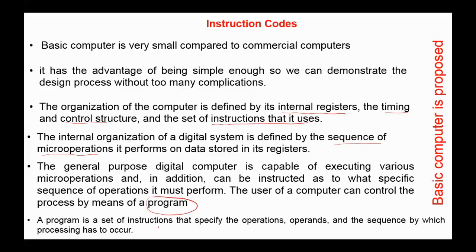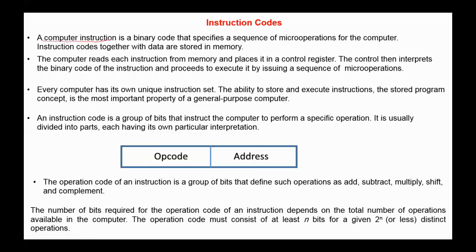A program is a set of instructions that specify the operations, operands, and the sequence by which processing has to occur. A computer instruction is a binary code that specifies a sequence of micro-operations for the computer. Instruction codes together with data are stored in memory, and this is according to the stored program concept developed by